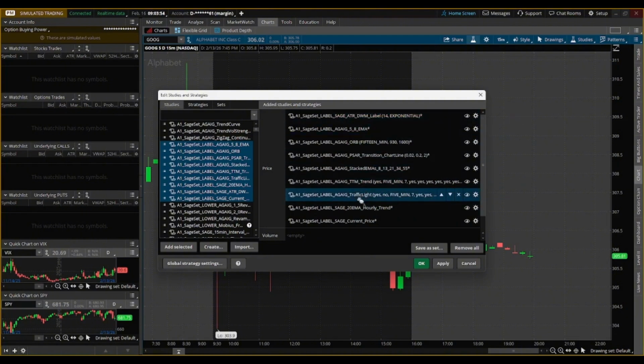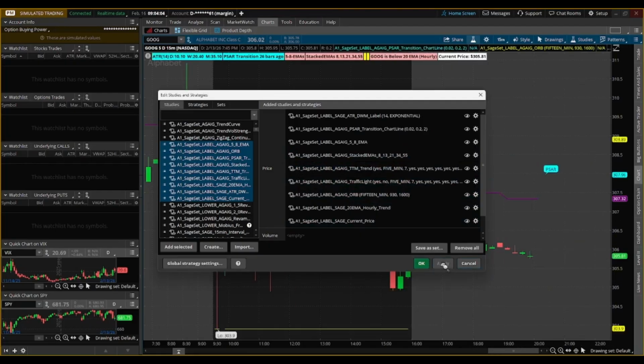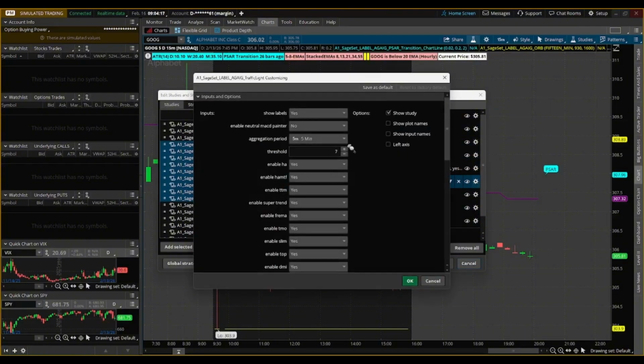You can see how your chart looks with, or without, a specific study without having to remove it and add it back later. You can rearrange the order of your studies by clicking and dragging them up or down in the right side list. Be aware, the order matters for layering. Studies listed higher will display in front of studies listed lower, which is especially important for labels that appear in a row at the top of your chart.